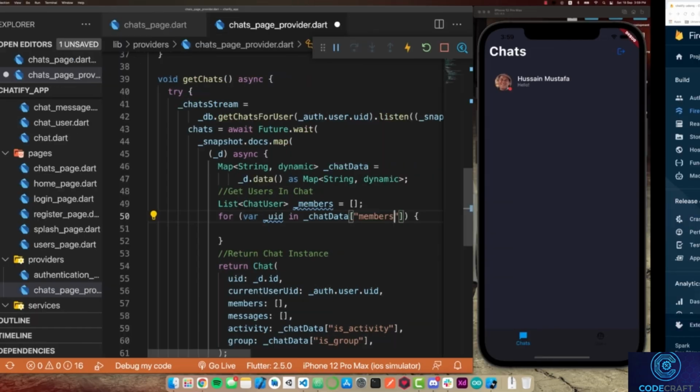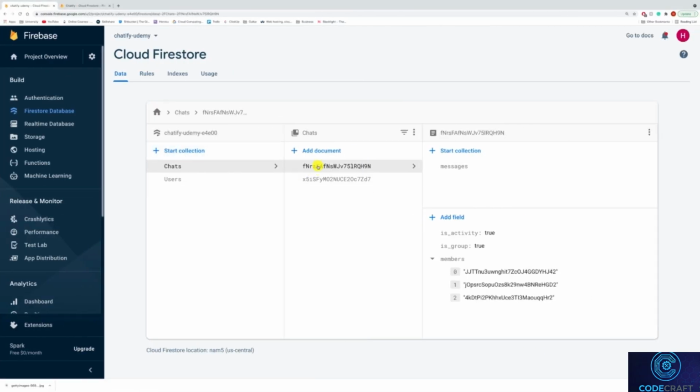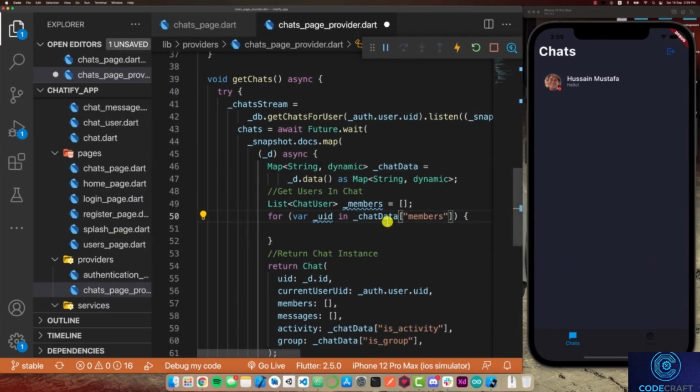So if I go back to our Firestore database, we are getting these documents and inside of these documents, we have these three keys, and our members key has a value of an array of strings, and each entry in that array corresponds to a unique user ID. So I'm going to loop over each of those user IDs,